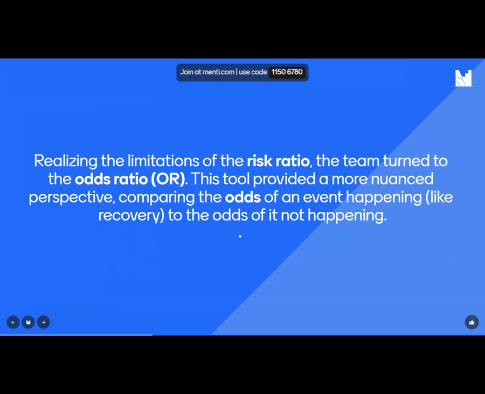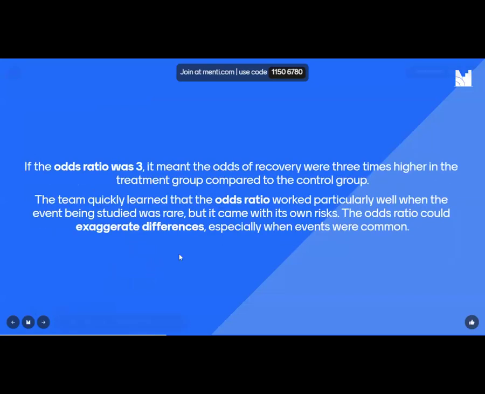Realizing the limitation of the risk ratio, the team switched to odds ratio. This tool provides a more nuanced perspective, comparing the odds of the event happening, like recovery, to the odds of it not happening. So dead over alive, yeah? Yep. For example, if the odds ratio is 3, the odds of recovery are 3 times higher in the treatment group compared to